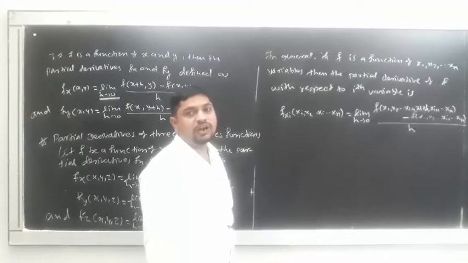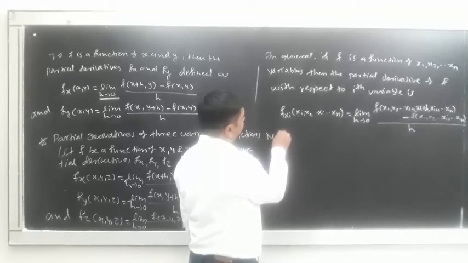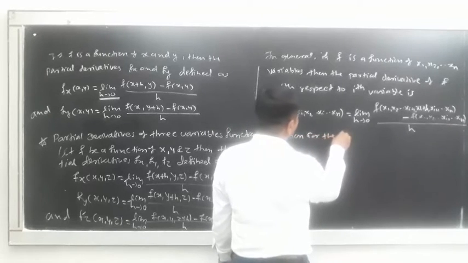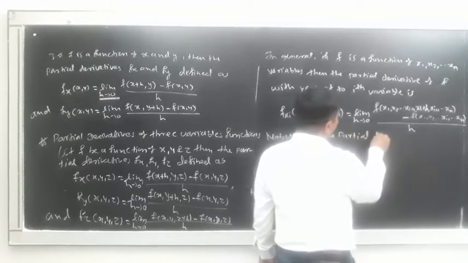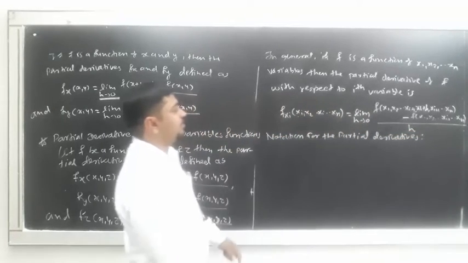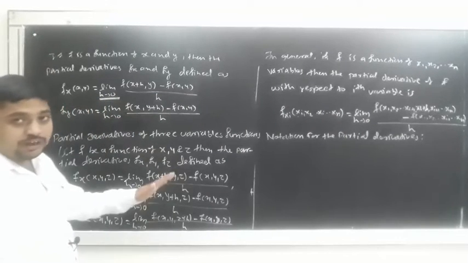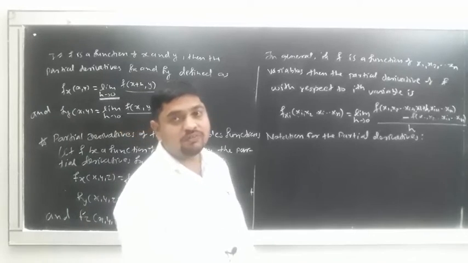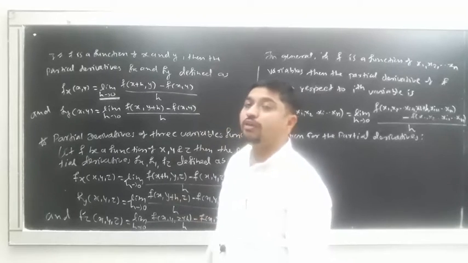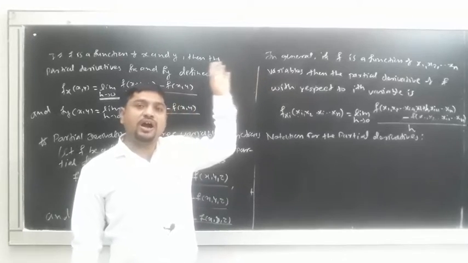Similarly, how do we denote this? Now the notations for the partial derivative. What did we discuss up to this point? For one variable, that is the ordinary derivative; then the partial derivative for a function of two variables, of three variables, and of n variables. So how do we denote it now?